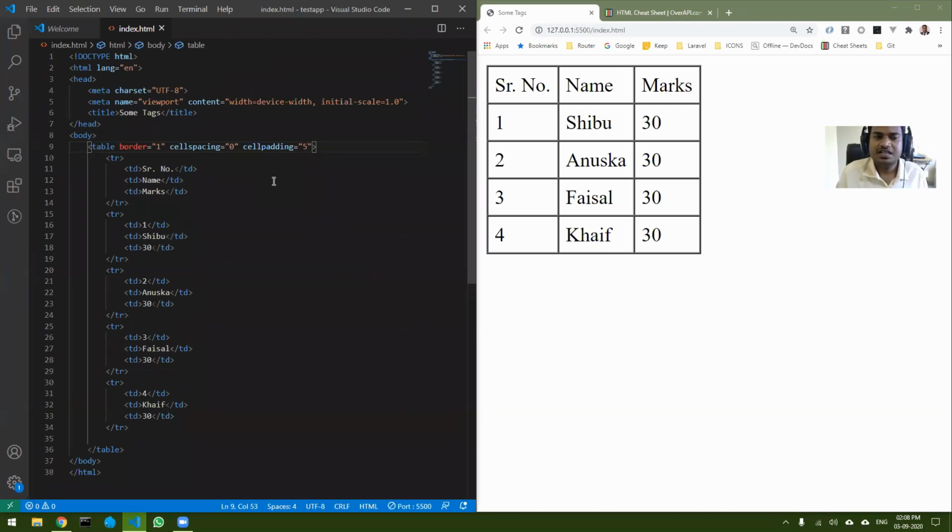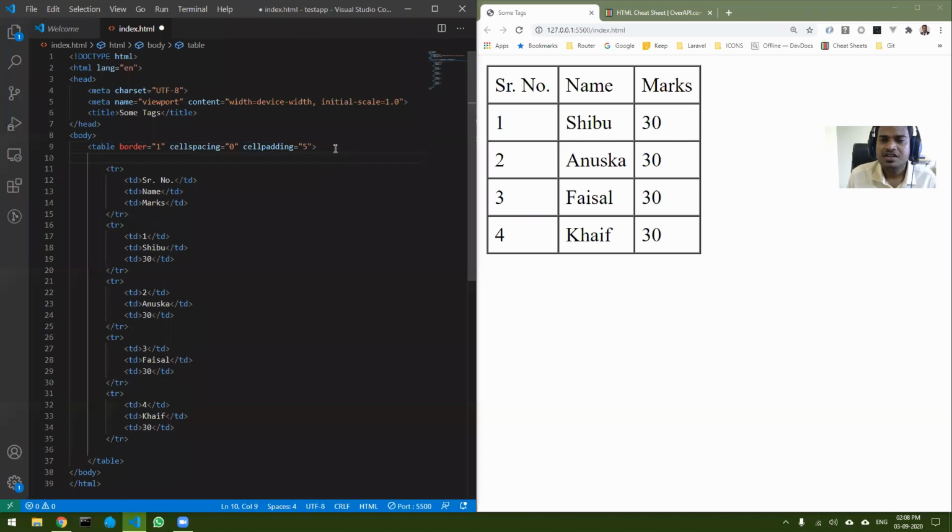So this is basically your table. Now this is not the actual way of doing it. This will also work, but the actual way, as I will show you, is that every table should have 3 internal tags. If you remember, your table will have a header and a footer, and the center part is the content. Usually this is the syntax of a complex table.